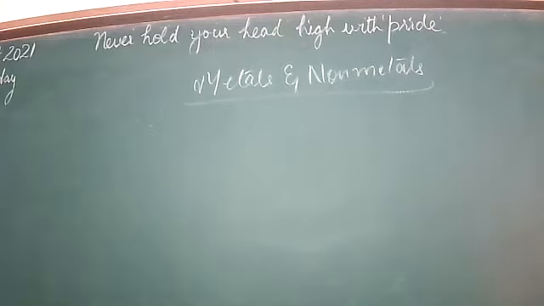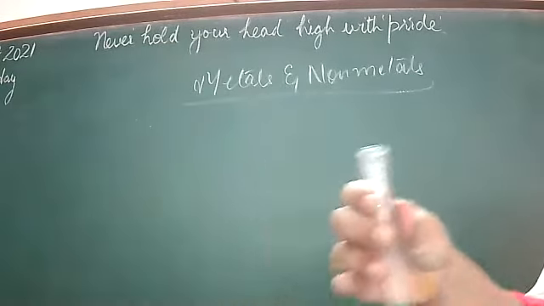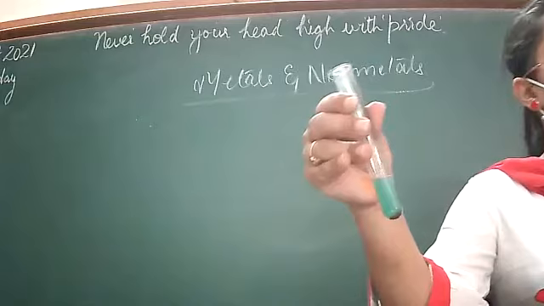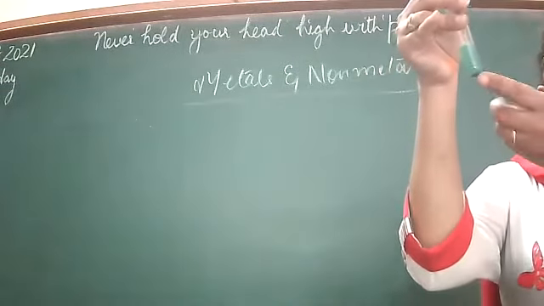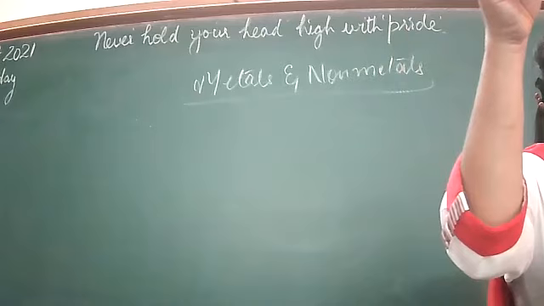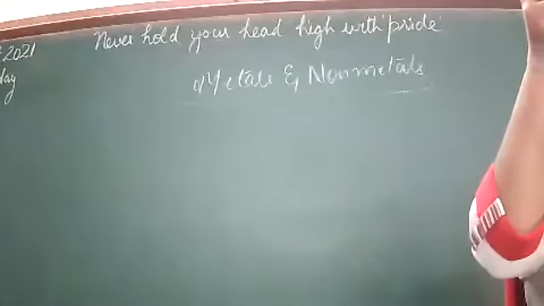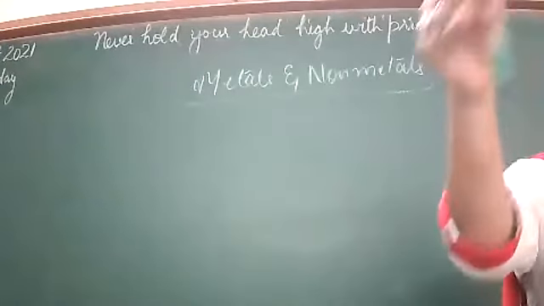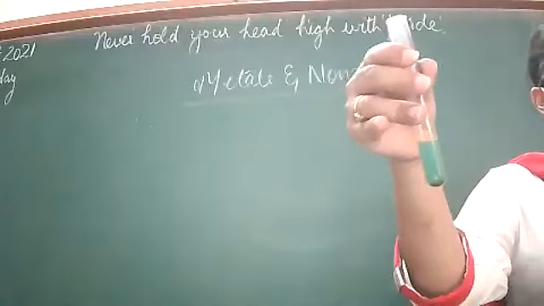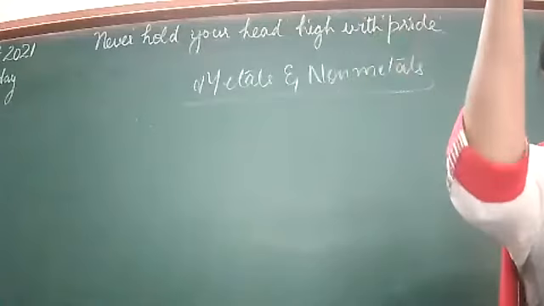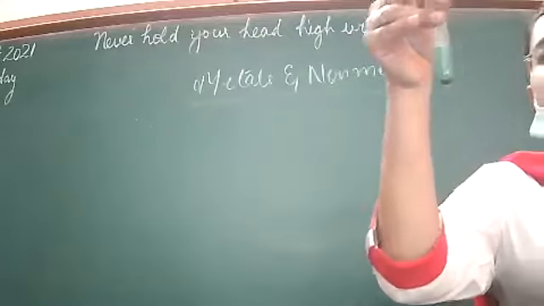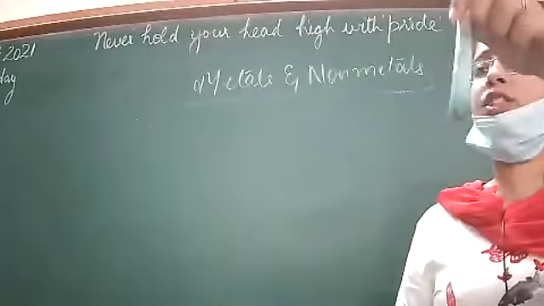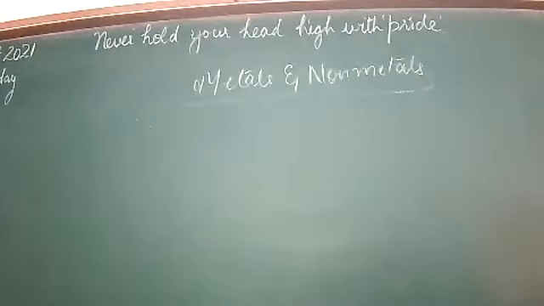See the change in color. It is becoming green. The previous color was blue. Now it is changing into green. Okay? So it means copper, which is brown in color, has formed below, and ferrous sulfate, the iron sulfate, has been formed. Okay, so the displacement reaction has occurred. The displacement reaction has occurred.